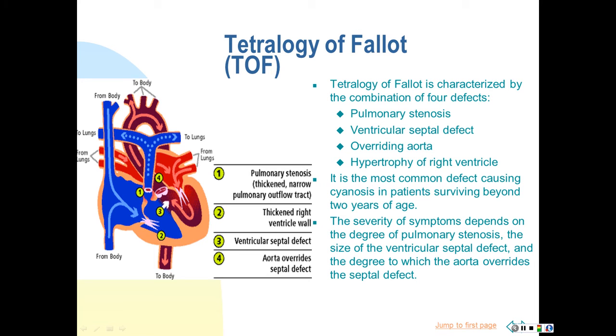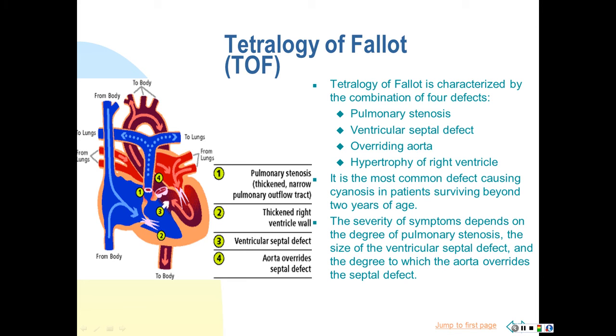They have a VSD, a hole between the ventricles. The aorta sits right on that hole that's opened. So it's kind of sitting right between the right and the left, not really knowing which way it wants to go. So that's why it's called overriding. It's like sitting on the fence post. I don't know if I should be on the right side or the left side, so I'll just sit in the middle. And then the last thing, because even in utero, the heart has had to work harder, the last